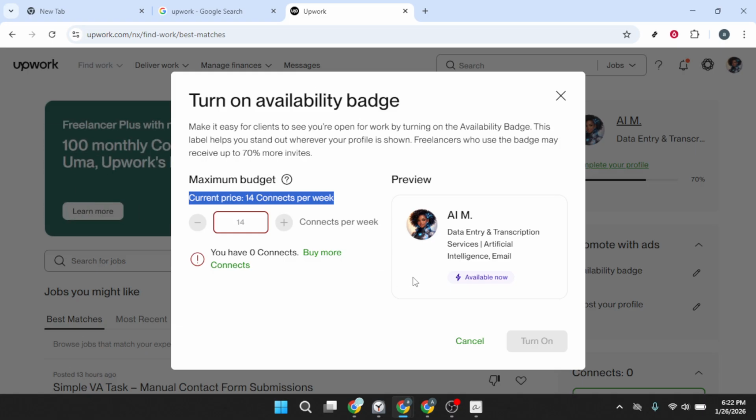To recap briefly, go to Upwork, navigate to Find Work, locate Promote with Ads on the left sidebar, open the availability badge using the pencil icon, check the weekly connects price, and turn it on if you meet the